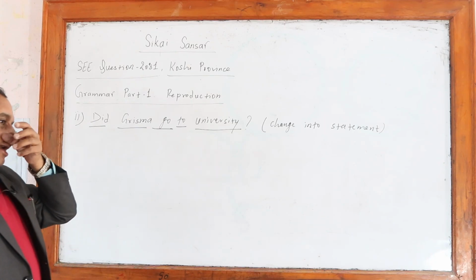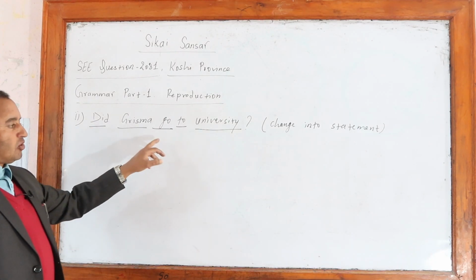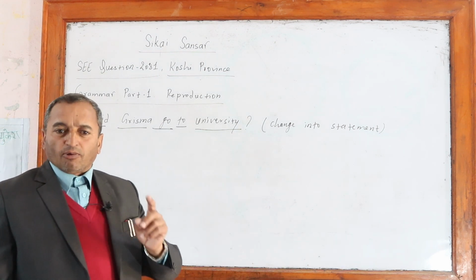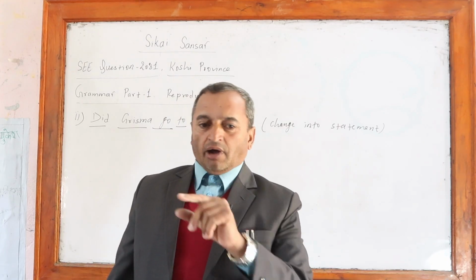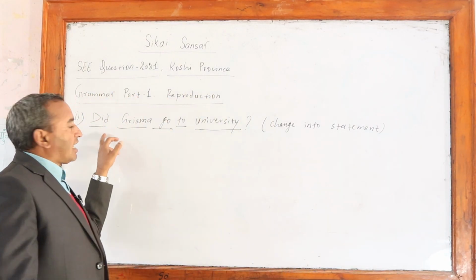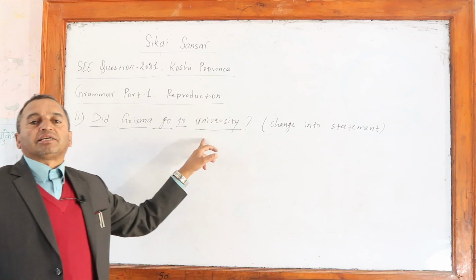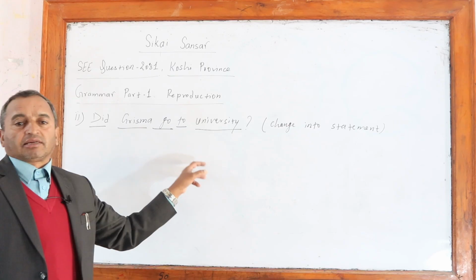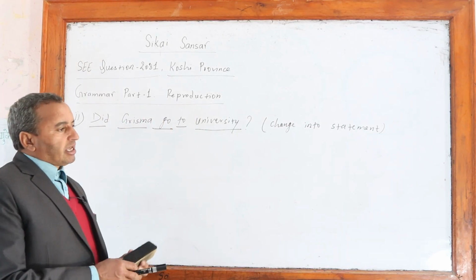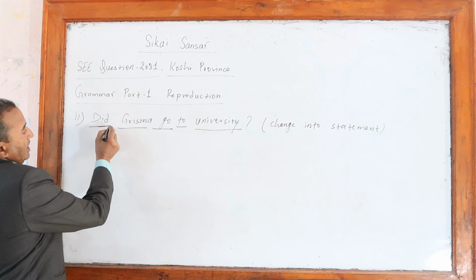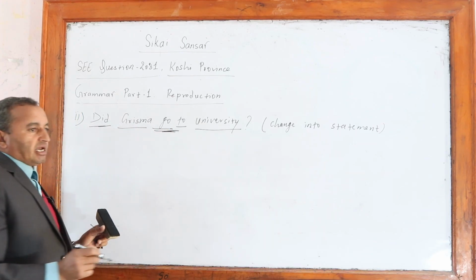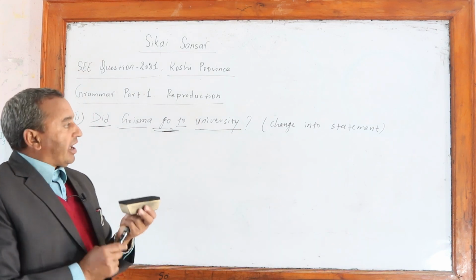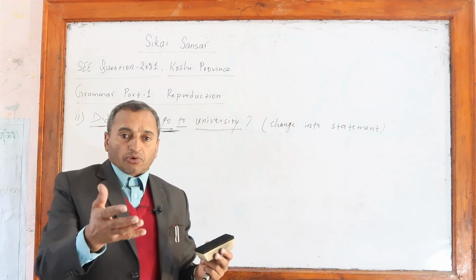As I have told you earlier, in did Grishma go to university, did is an auxiliary verb. Now, can you tell me what tense is used here? Oh, you are telling me correctly. When there is did, the sentence is in simple past tense. So now, look here. Due to this did, go is V1, because the past form is carried by the did. So first of all, while changing into a statement, we have to